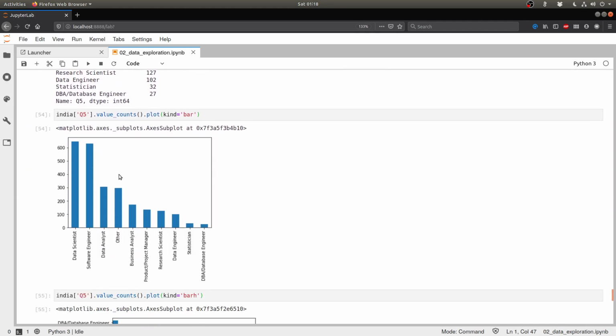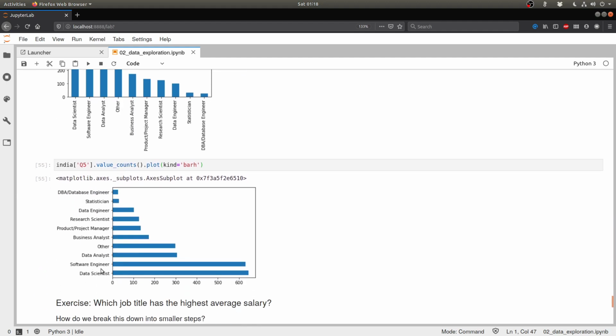And then we want to figure out, given that SMin is the salary, which particular job title has the highest average salary. And now what do we mean by average? To reiterate, we pick a particular title, let's say data scientist, find all the data scientists in that particular data frame, calculate the average of all their salaries, which is SMin, and then find out which of these particular roles has the highest average. So think about this, try to break it down into smaller steps, and then we'll see how to solve this. Feel free to pause the video, look around, and come back when you have a solution.